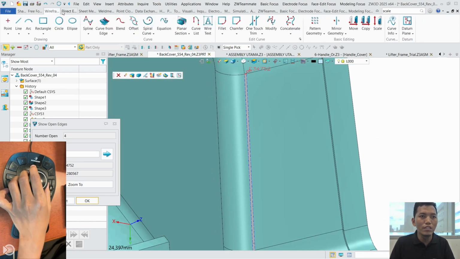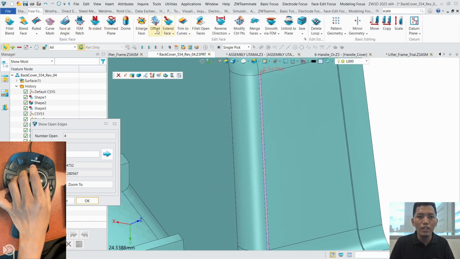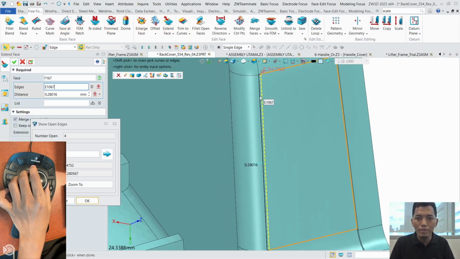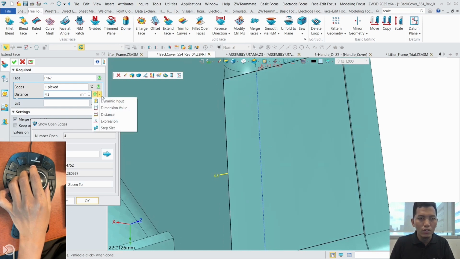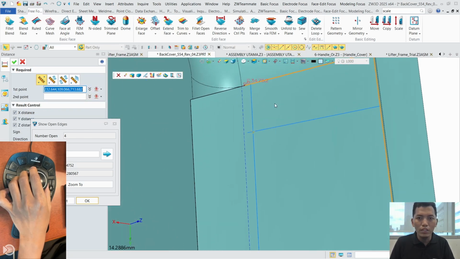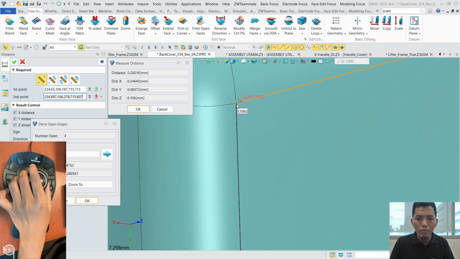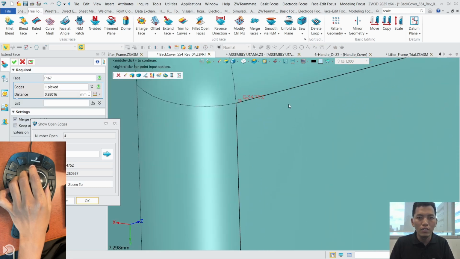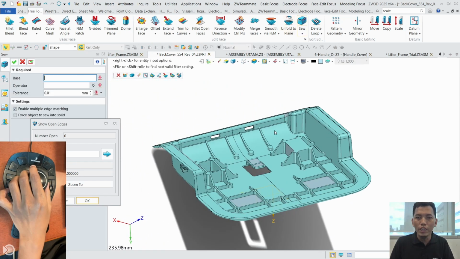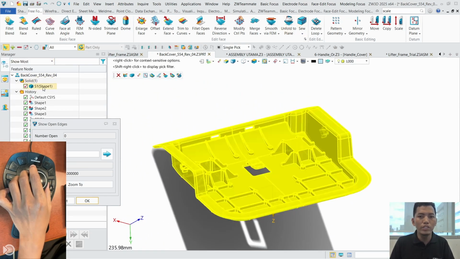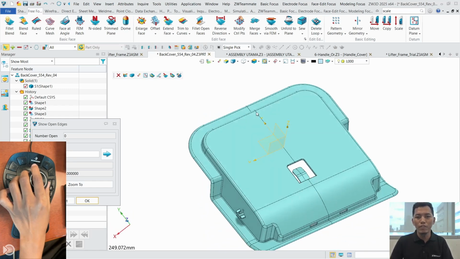Let's fix this using extend face. This edge we need to do the distance measure from this to this. Okay, and do the show again. Oh, it's already solid now. Okay, so